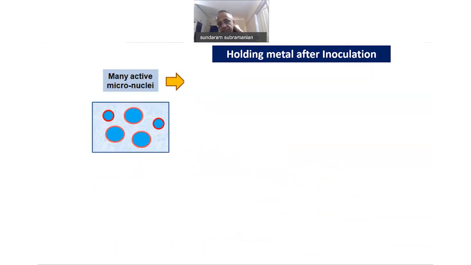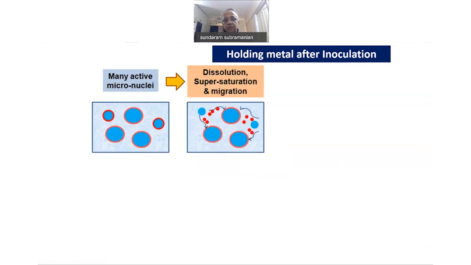We can take another example of the metal, the holding of the metal after inoculation. Inoculation is the process of seeding nuclei in the liquid metal just before pouring. When you do the seeding, you get a lot of active micronuclei inside the metal. And as you hold the metal longer at that high temperature, there is a saturation in the liquid, and they migrate from one active level to another